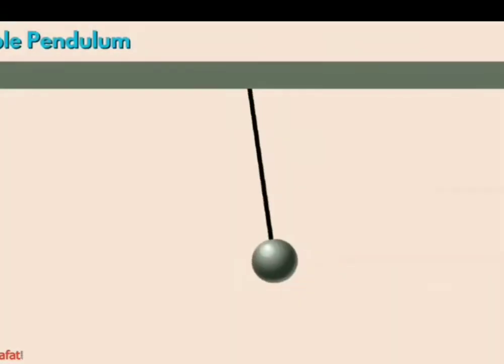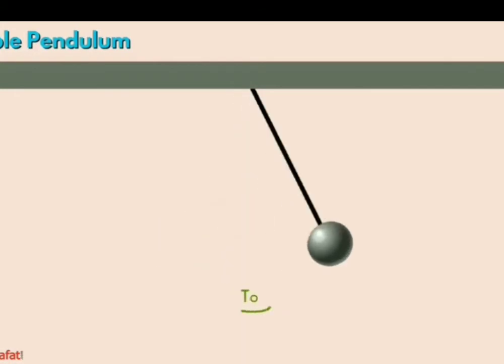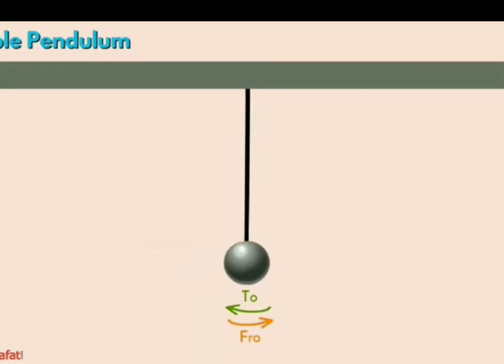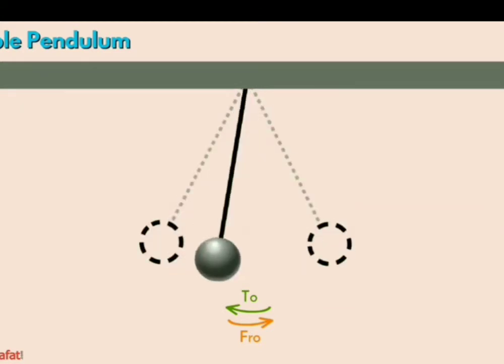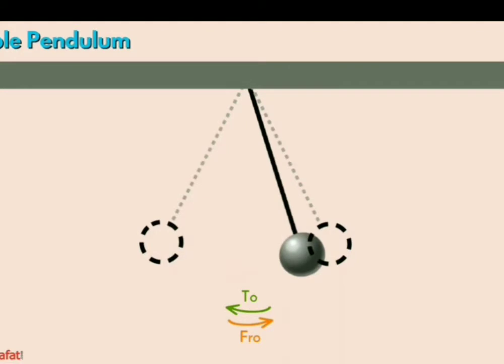So what we are doing is making this bob go to and fro. The to and fro movement of a bob is nothing but oscillatory motion, because it is coming